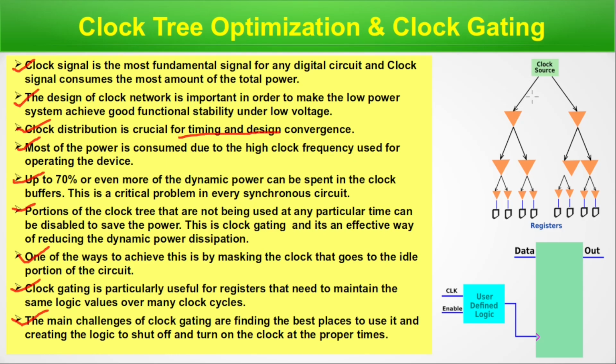That's the clock source. This diagram is showing it's distributed like this, and this way it's going to the leaf level registers also. That is a clock. That is user defined logic, clock is getting inserted here, and that is an enable. Depending on that, clock is going here. That logic is important. That logic actually determines whether the clock signal will reach here or not. When it's needed, the clock signal will reach here. When it's not needed, the clock signal will not reach it. So it's basically a gate. Clock tree optimization is very important for power saving or power optimization, and clock gating is one method to do it.